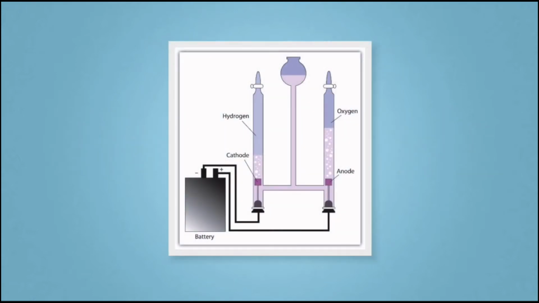Chemists were able to understand this law by using a simple little experiment called electrolysis. Electrolysis is the process of decomposing a chemical compound by passing an electric current through it. And as you can see here in the decomposition of water, it produced twice as much hydrogen as it did oxygen. So therefore, it must have twice as many hydrogen atoms as there are oxygen atoms in the molecule.